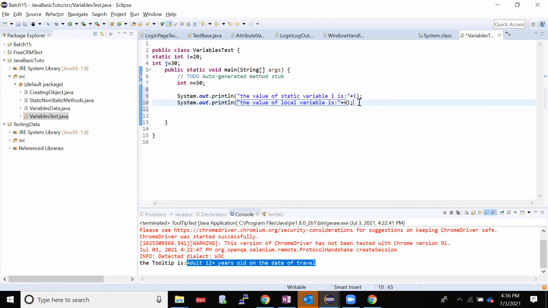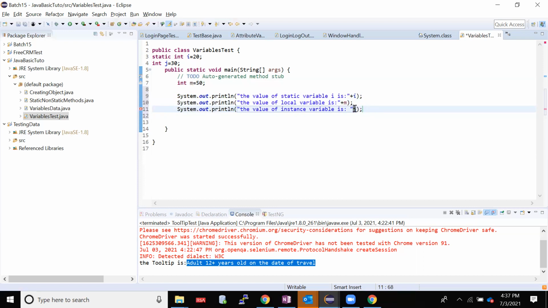Now I'll print my instance variable, right? System.out.println the value of instance variable is. I'm just segregating this and I'll put j.